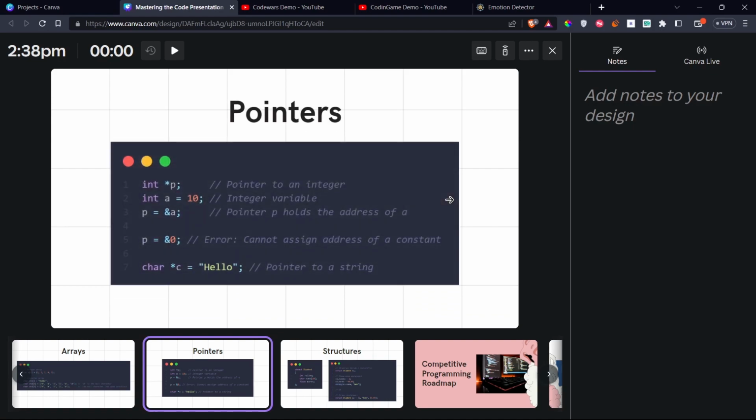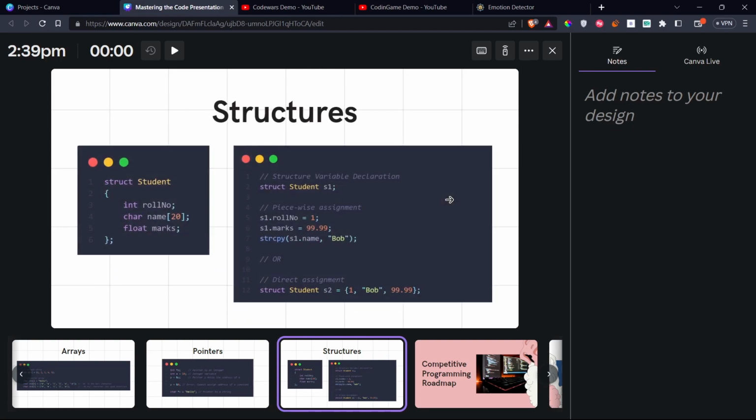To go briefly through pointers, as I said before, they store the memory addresses of variables. Here a is a local integer variable and p equals ampersand a. Ampersand is the address-of operator. It just stores the address of the variable a. Now if you try to assign p equals ampersand 0, 0 is a constant, not a variable, so there is no address for constants. This will throw a compiler error. And before, we did a character array initialization for a string; there is another option of doing a character pointer initialization.